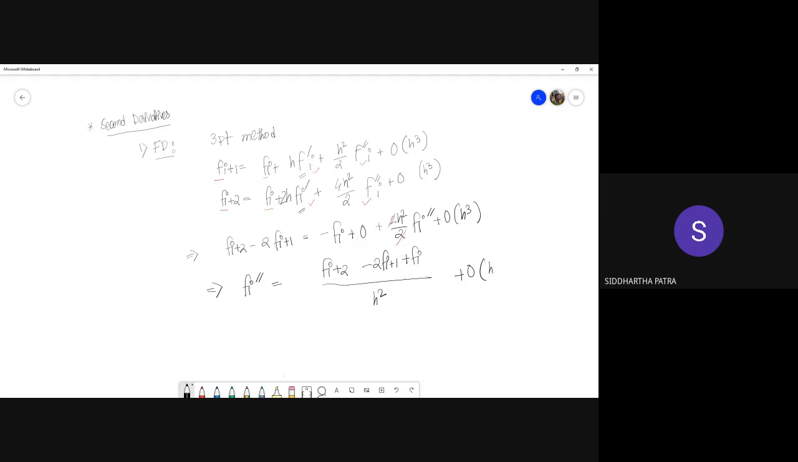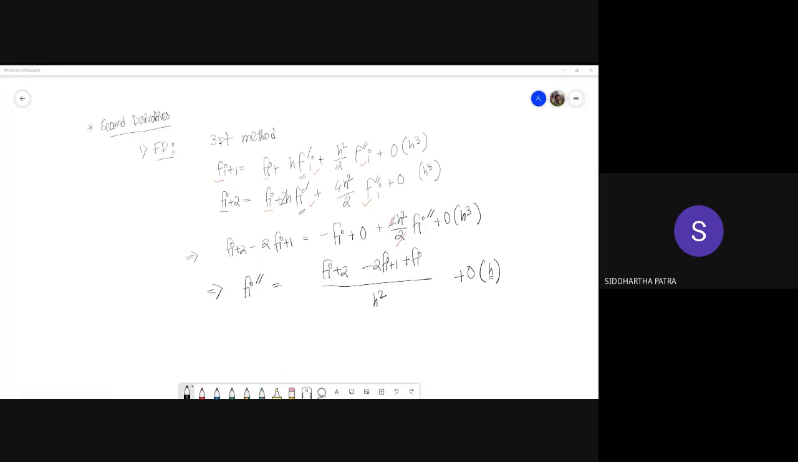Order h. Okay, so just like the first derivative, why order h? Can you see that? It's because the coefficient of fi is h squared divided by 2, or it is quadratic in h. So that's why when you divide something which is order h cube with h squared, it becomes order h. Okay,